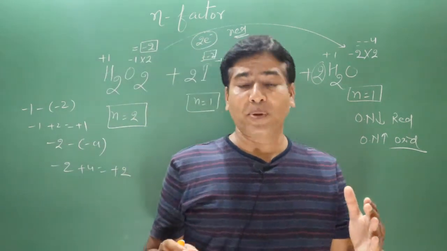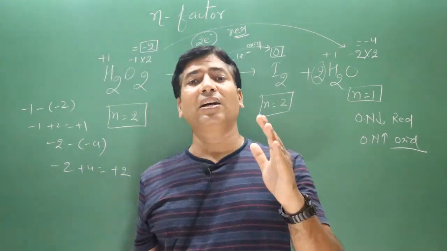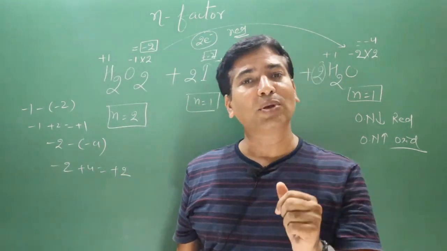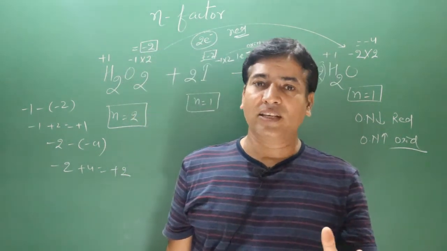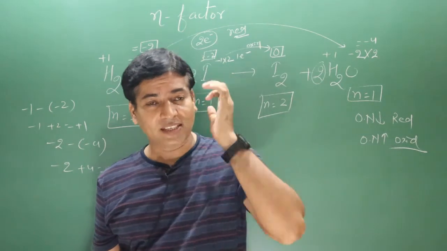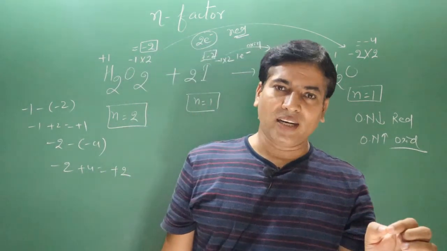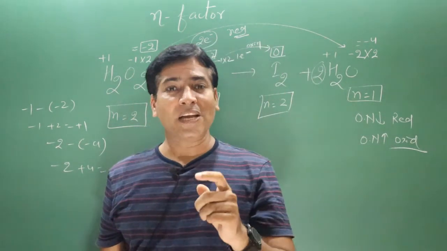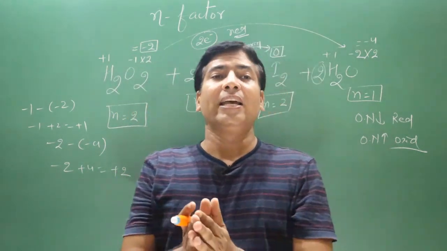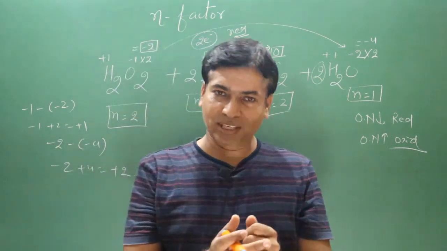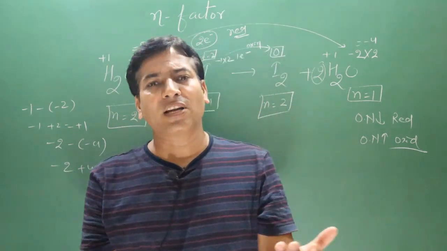First of all, the priority is that you identify if the given redox reaction is an intermolecular redox reaction or not, and once you identify it, the condition for the intermolecular redox reaction is that one reactant undergoes oxidation and another reactant undergoes reduction, then you find the difference in oxidation number. N factor value is what? It is the loss of electron or gain of electron. Okay, so find the difference in oxidation number.